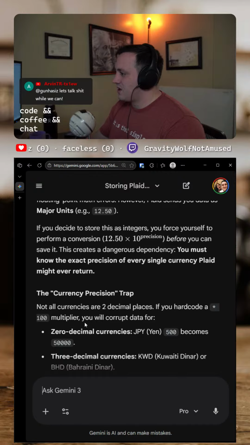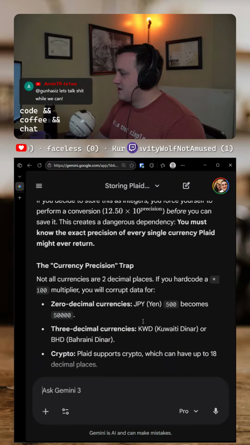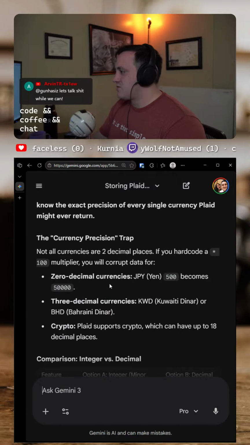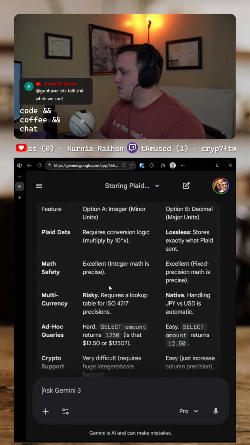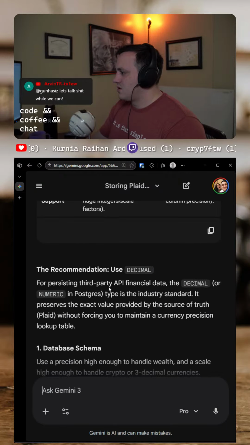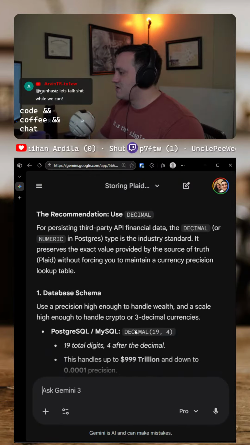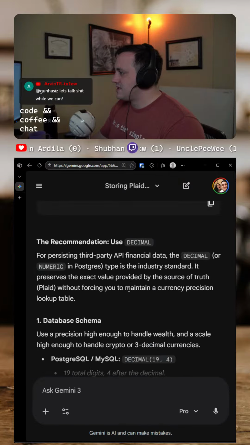If you hard code a 100 multiplier, you will corrupt data. Yeah, see, this is why I was worried about this. It is industry standard. It preserves the exact value provided by the source of truth without forcing you to maintain a currency precision lookup table. Yeah, see, this is